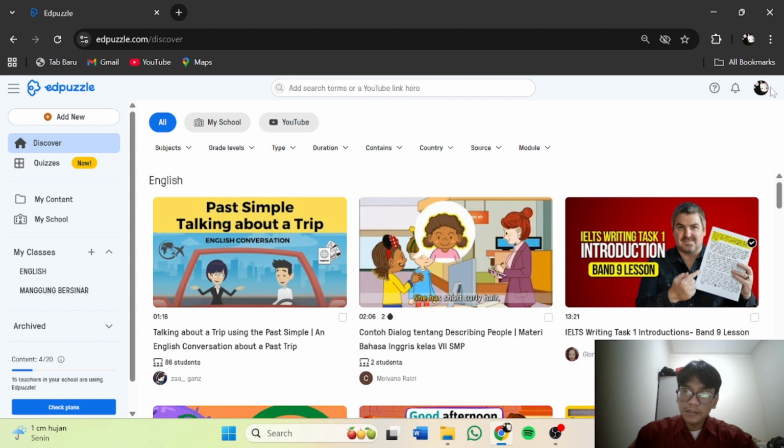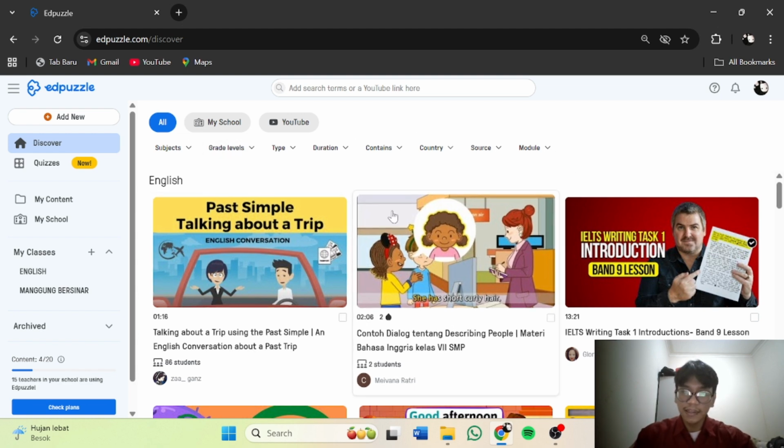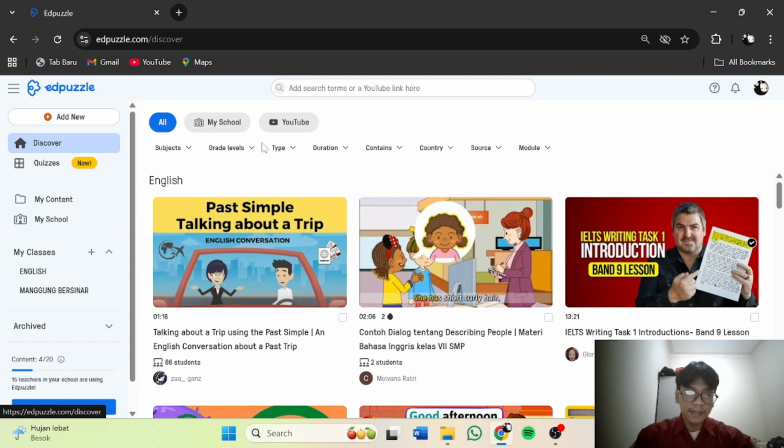At the top right here, there are icons for settings, notifications, and the help center. Overall, the Edpuzzle homepage has a fairly minimalist design and doesn't have too many distracting banners. Personally, I find that a simple minimalist design like this makes it comfortable and easy to use because there are not too many unnecessary features.